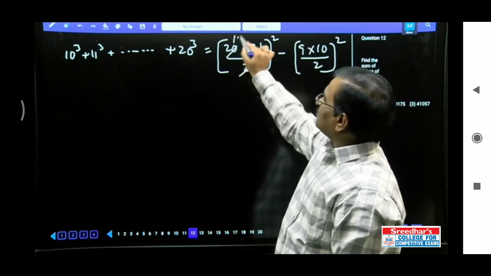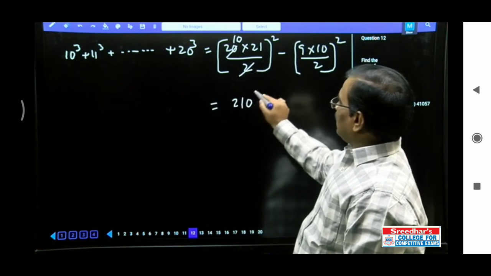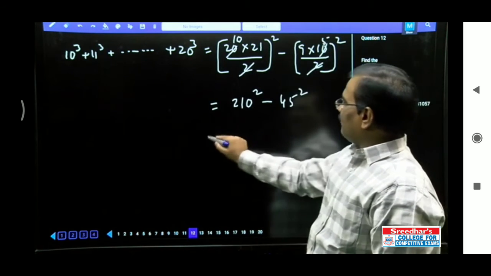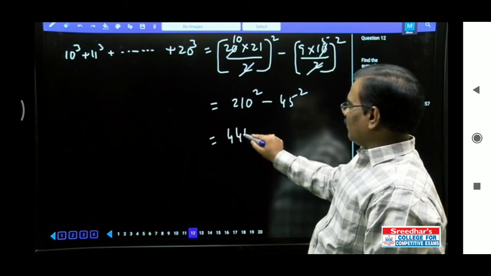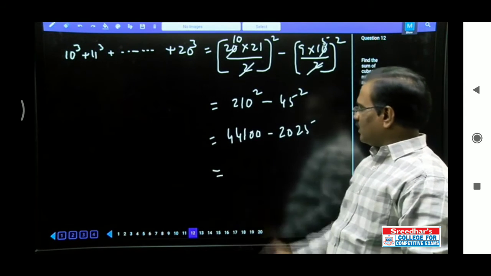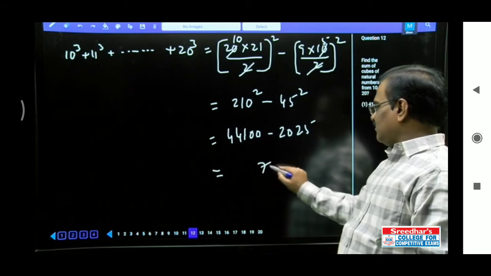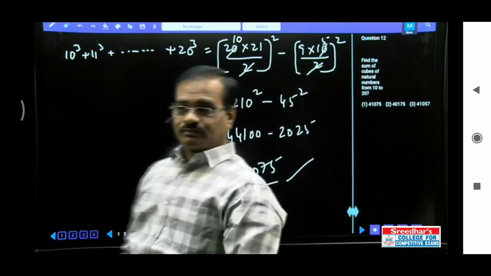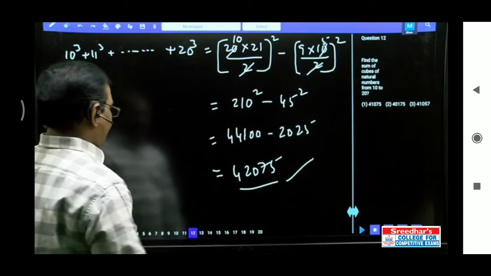Therefore 2 దీంట్లో 10 times, 10 21s are 210 whole square minus 2 దీంట్లో 5 times, 9 5s are 45 whole square. So therefore 210 whole square అంటే 21 square 441 00 minus 45 square is 2025. Therefore 100 minus 25 is 75, 440 నుంచి 20 తీస్తే 420, therefore 42075 that is the answer. Okay, next 13 onwards